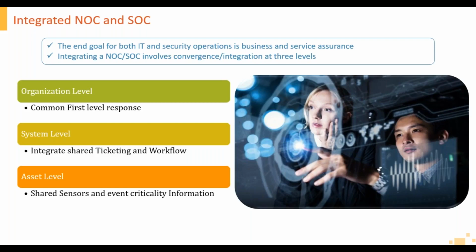At the system level, the integration happens pretty much at the ticketing layer, the workflows, the communication strategies, and the processes. So service level agreements, standard operating procedures, integrating processes, and structures in place would possibly allow the operators to communicate and coordinate seamlessly, right? So that could possibly happen at the system level, and not the least, the asset level, which is more about shared sensors and even critical information.